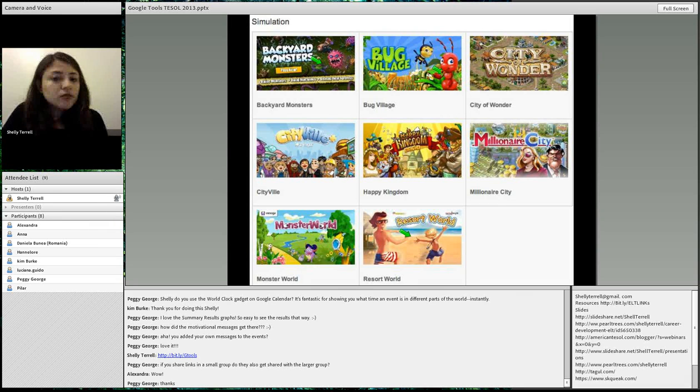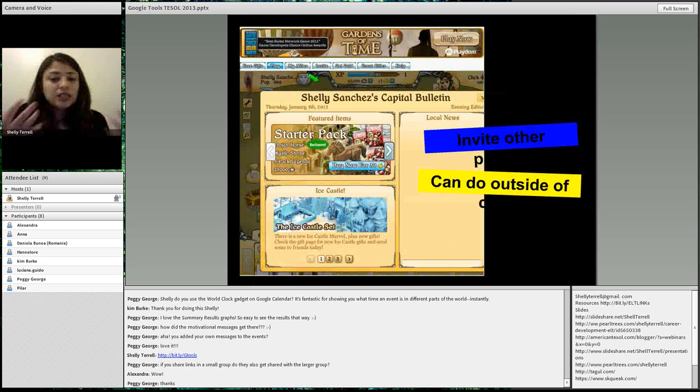Not only that, they also teach other things. They teach history. You have Cityville, Happy Kingdom, teaches about the past and history and the monarchy, and you have things like feudalism and things like that. So they go through all of that. City of Wonder as well. It's like ancient Roman planning, so you can teach a lot. Millionaire City, Happy Kingdom, City of Wonder, Cityville, all of these have math concepts that you can teach as well. You can teach about city planning. So there's so many different things that you can integrate with teaching them as well.